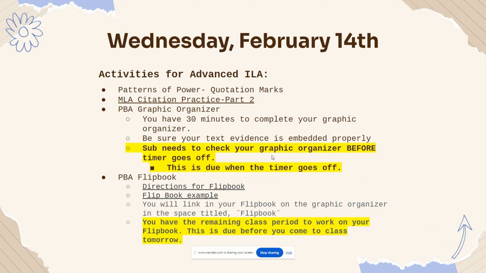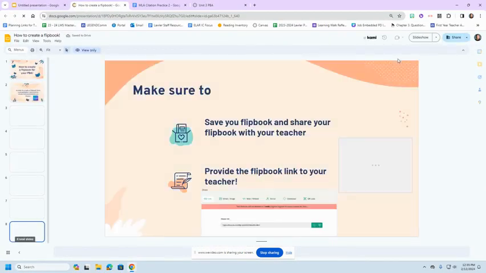Okay. And we're going to finish class today working on your PBA flip book. So you have worked off your graphic organizer and you have everything ready to go for your PBA. In this part, you get to really apply and use your creative skills to demonstrate your understanding from your PBA. So we're going to go over the directions of the flip book. We'll look at some examples and then you'll have time to actually sit and create this. So looking at the directions for how to create this,